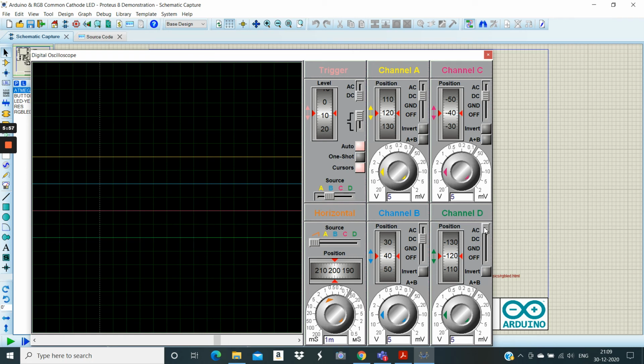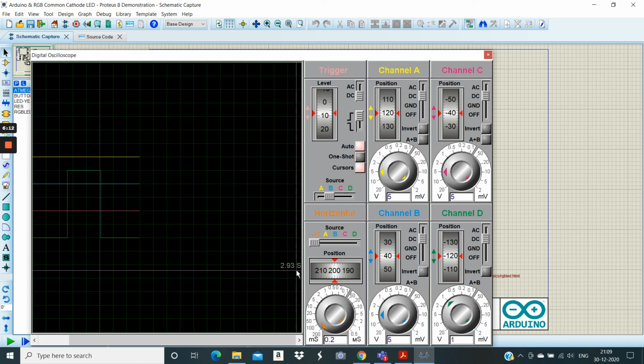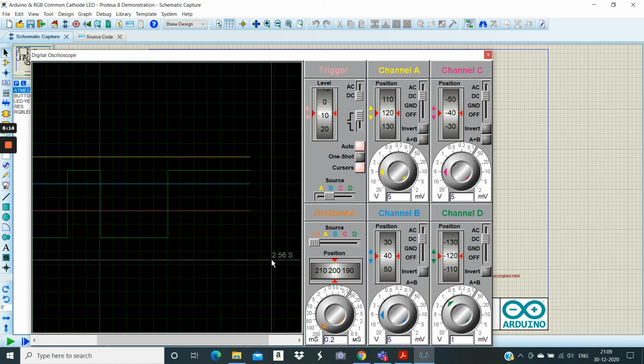We will first change this AC to DC, and we will turn this knob to 1 millivolt and bring the time period to 200 millisecond. You can now see the graph in the oscilloscope. It is a rectangular curve that we are getting with varying length. So this here is what we were hoping to achieve.